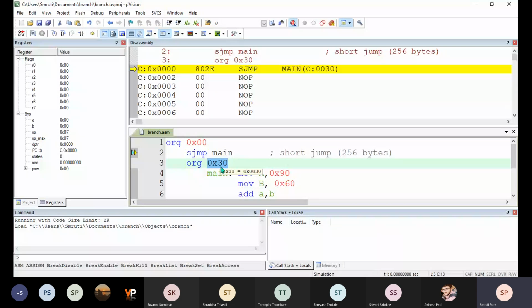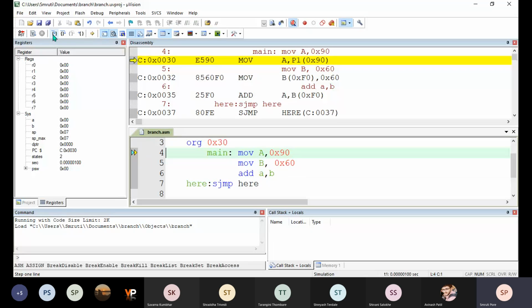So after execution of this instruction, what we can see here is program counter contains 30. So that is highlighted by the blue color. Program counter is now modified by 30 because I have written the instruction sjump to main, and main is pointing to 30. What is main here?